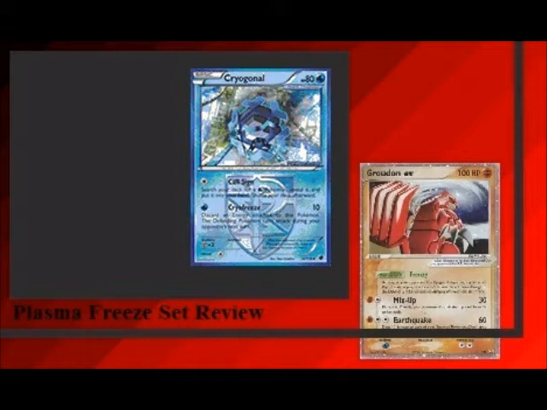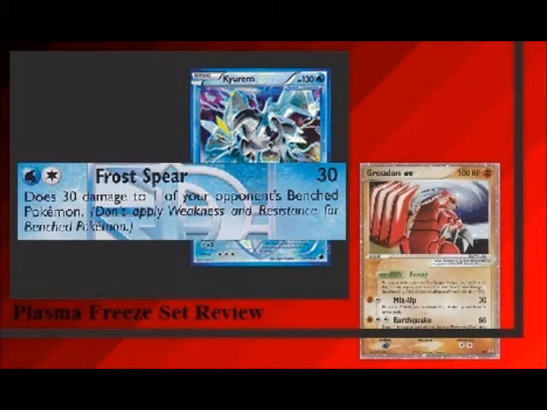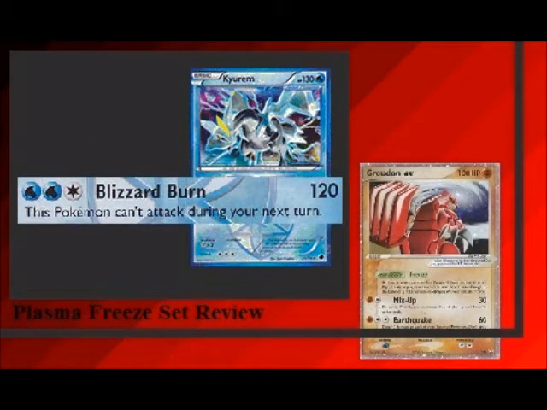One of the best cards in the set has to be Kyurem. For a non-EX, this card has such ridiculous early game and late game power. Its first attack, Frost Spear, costs water and a colorless, and does 30 damage and 30 more to one of your opponent's bench Pokemon, just like Landorus EX. This may seem like a pretty weak attack for 2 energy, but with Colorless Machine, this could very well be your opening attack. Its second attack, Blizzard Burn, costs just an extra water energy, and does 120, and Kyurem can